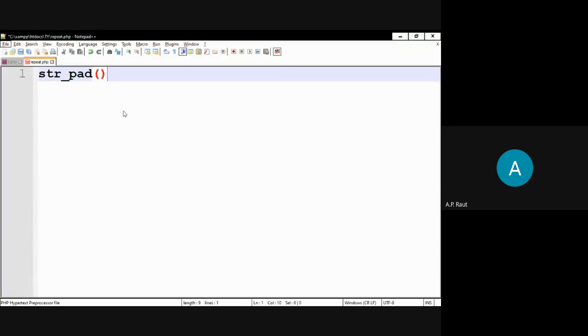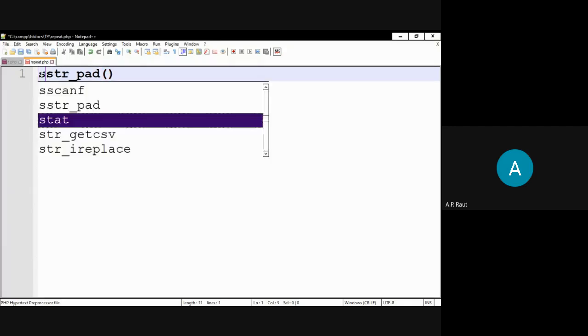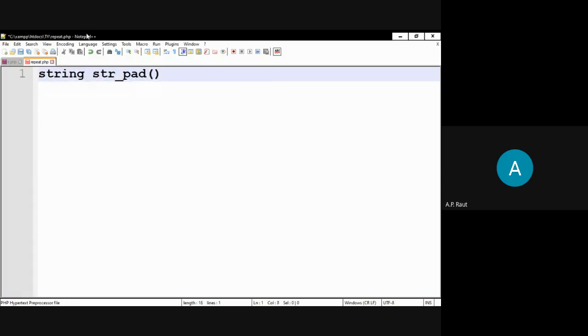So write down the syntax. Again, the same data type, string, because it pads a new string and returns the result according to that length. So first, again, the same: the first is the dollar